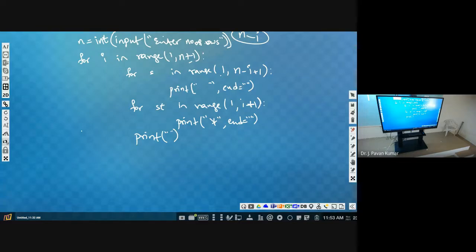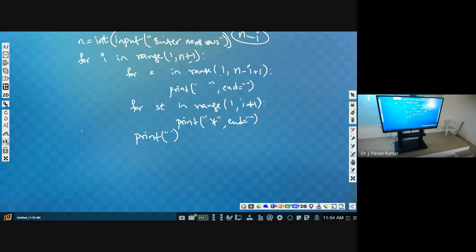What is the question? The last print, answer.